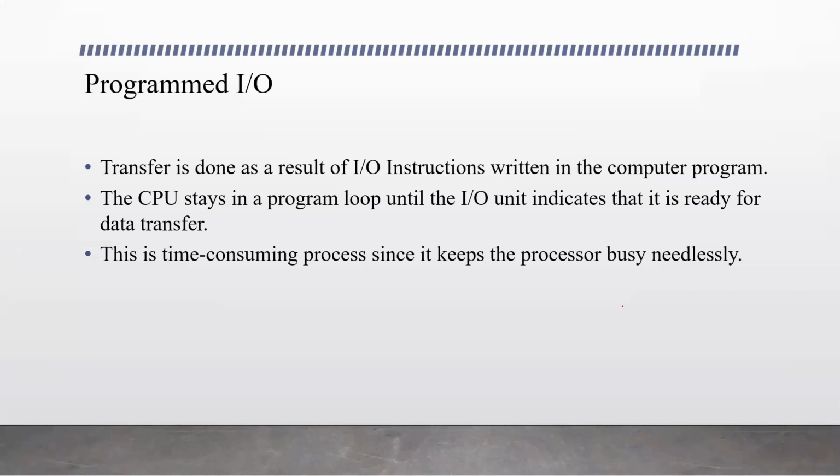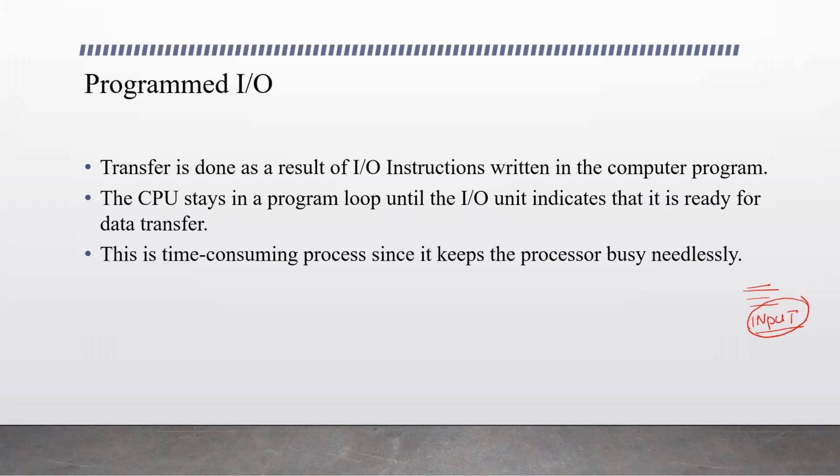For example, you have an input instruction. There is a program, there are some initial statements, and there is an input statement. There is an instruction input. The meaning of this is to get the input from the input device. The central computer has to take the input from the user through the input device for some processing. So when this instruction is executed, the transfer is initiated.